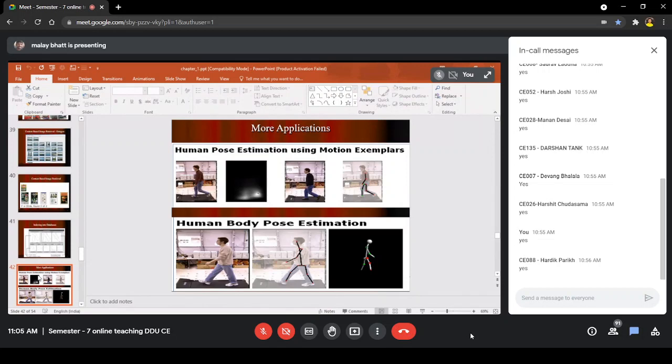So that can be detected here also: this is the movement of a person, this is how he moves his hands, this is the orientation of the head while moving from one place to another. It is somewhat tilted, as you can see. The head of the person is somewhat tilted, it is not exactly straight. And this is how a 3D object of that person is generated, and through this we can identify the person.